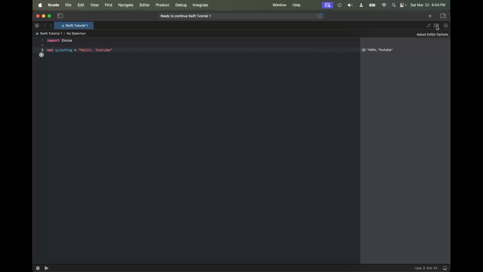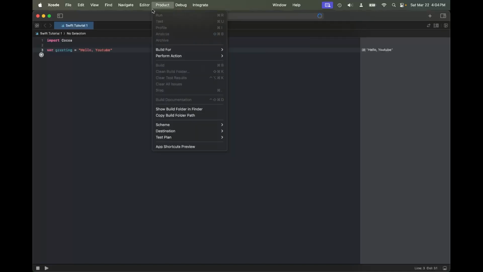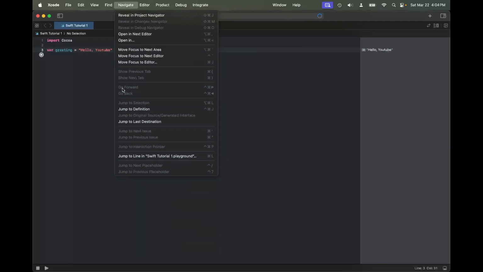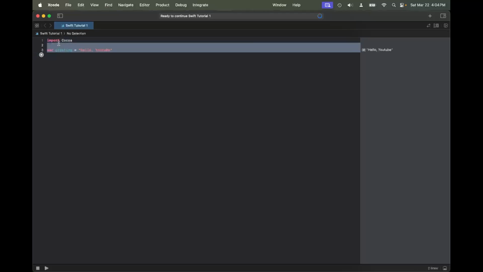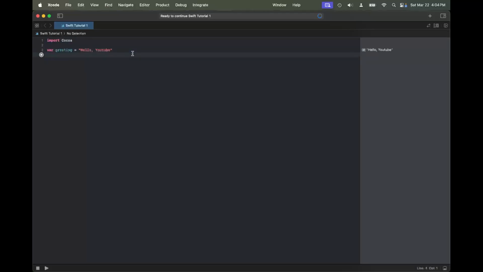So I believe there is an option here to debug, editor, navigate. Anyway, I'll figure it out for the next tutorial. There's also an option you can click to have it run automatically for you every time you change the code. But the first thing we're going to do is learn about